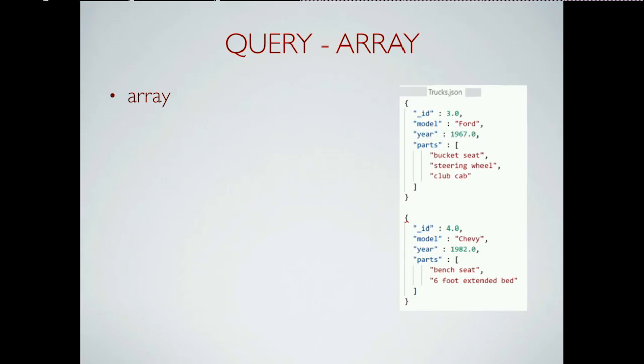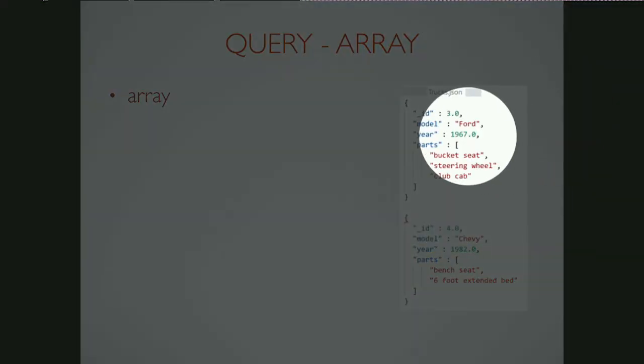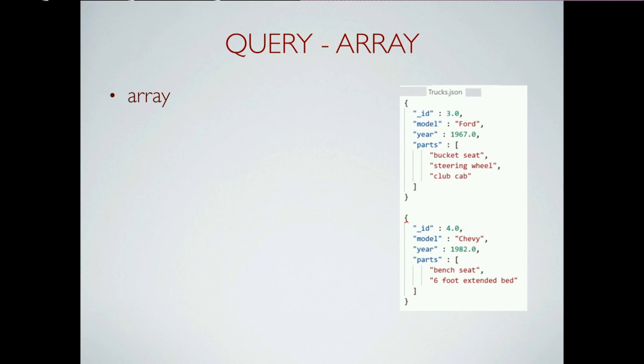Arrays are a little bit different. They don't look different when you just look at them, unless you're a JSON expert and you know to look right in the middle there. You see that square bracket? That means I've got an array of objects. Arrays are typically used for iterating in the DocumentDB world. Notice I've got completely different things, bucket seat, bench seat. But I also don't have key value pairs. I just have values. So there's another difference.